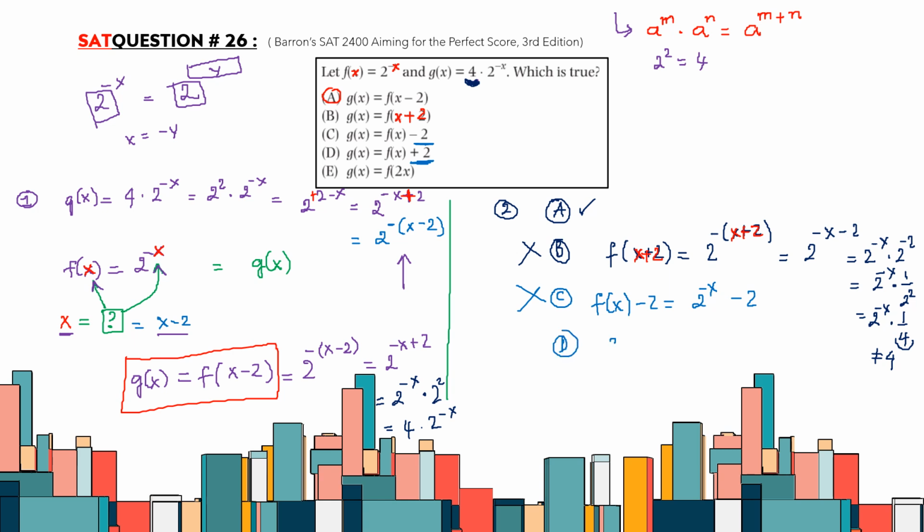So f of x plus 2, that is 2 to the power of negative x plus 2. There's no way we can combine all of the numbers together into one term,